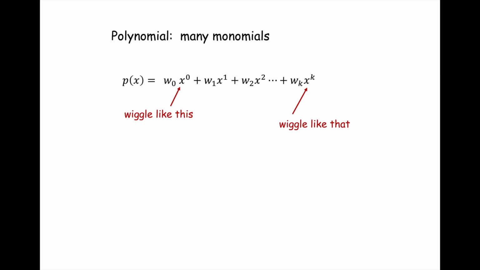So if we look at the terms here, we have x to the 0 power, and we have x to the k power. Now, I write it from the lowest order term to the highest order term, but you're probably used to seeing it the other way, with the highest power on the left and the lowest power, x to the 0, on the right of that sum. But it doesn't matter which way you write it. And each of those monomial terms, x to the 0, x to the 1, x to the 2, has a coefficient. In this case, I call it w, and that coefficient is multiplied by each one of those monomials.